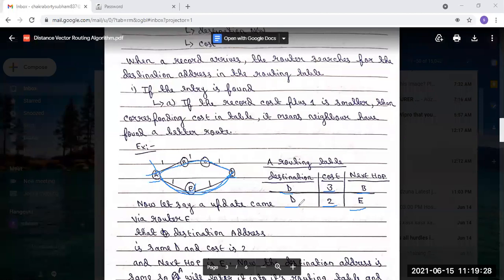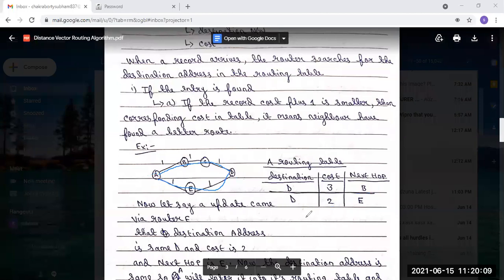It will discard the maximum cost entry. Now, the maximum cost entry is the first entry, because its cost is 3. But if it takes this other route, the cost becomes lower, 2. So for A to D, this route will be preferred over the other, because this route's cost is 3 and this route's cost is 2.